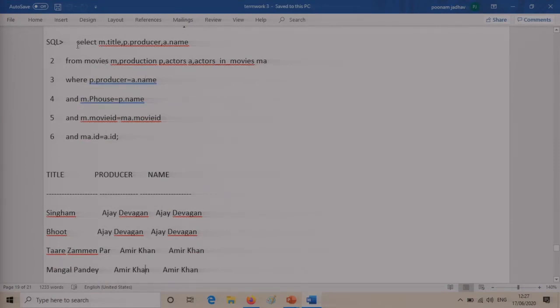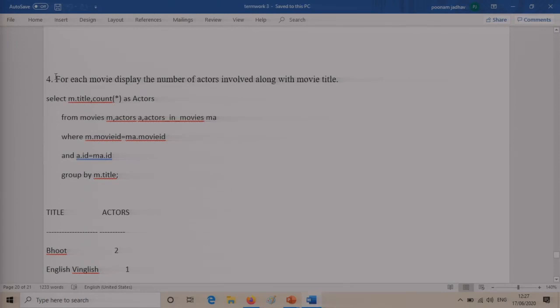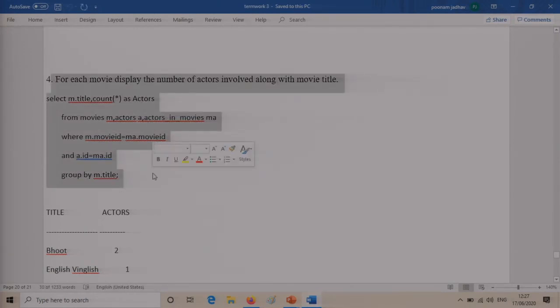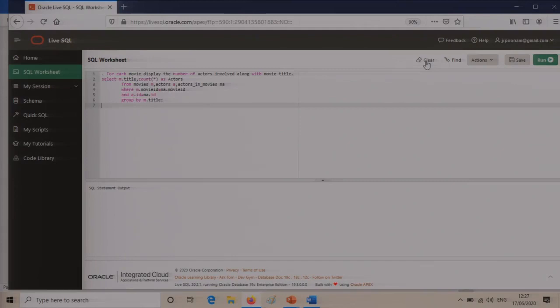So this is the fourth query. Sorry, not this query. Okay, the fourth query is here: for each movie, display the number of actors involved in the movie title. Let's quickly paste it because time is going to be up. I'll try and do my best here.